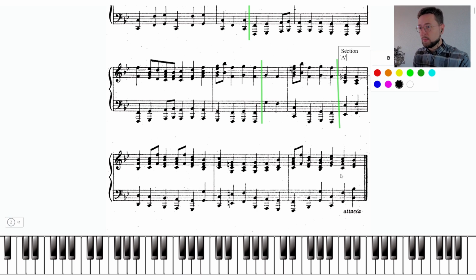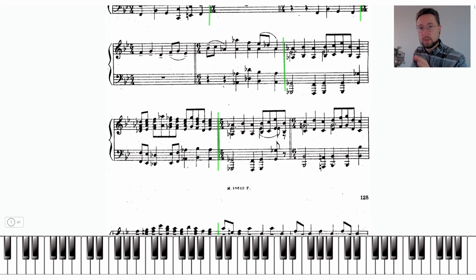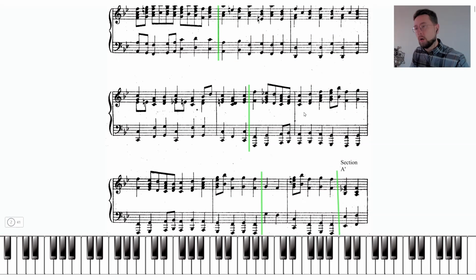Now, what happens in the middle is another story, but the first thing that I would like to draw your attention to is that in the second half of the page, and I know I'm not using an Urtext edition because the only available one is the Barenreiter and it's copyrighted, so I didn't want to have any copyright infringement. But in this edition in particular, they are following correctly the time signature changes,